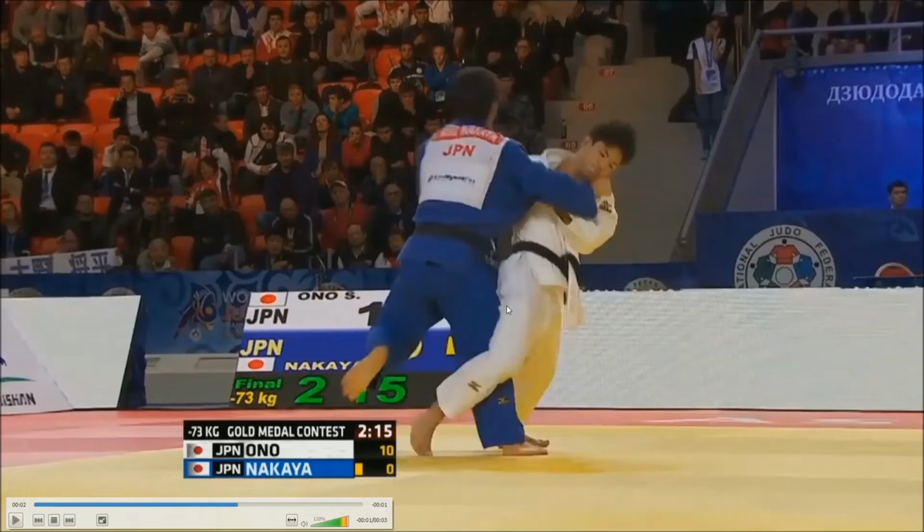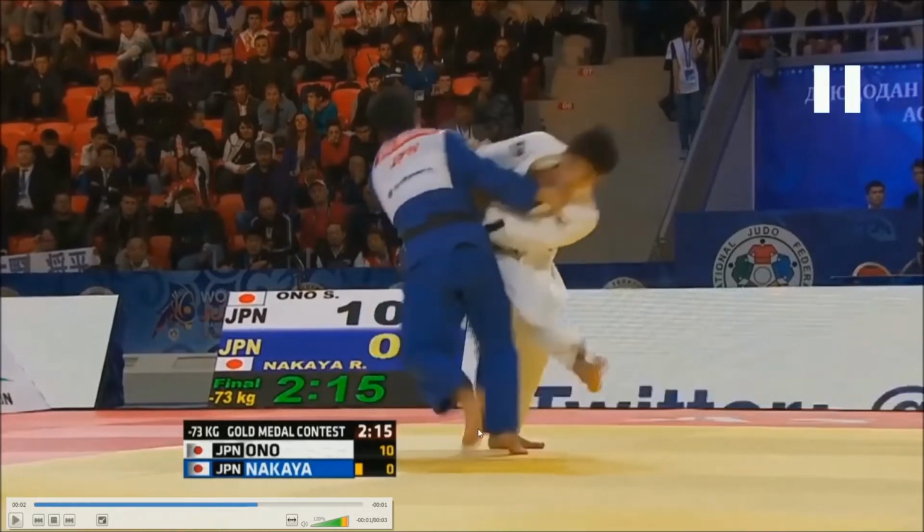His hip is starting to come forward. He has more and more contact up here in the shoulder. And here he felt that Nakaya was going into the wrong direction and decided to stop the throw. And he gets out quite safely because his hip is not in contact yet. He can easily get distance between the shoulders again, and he's standing quite far away with his support